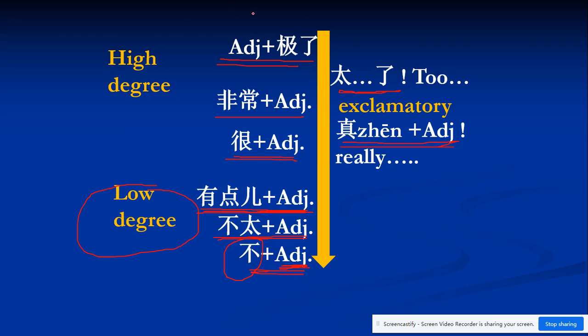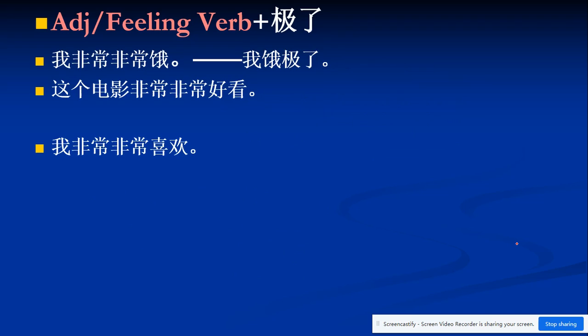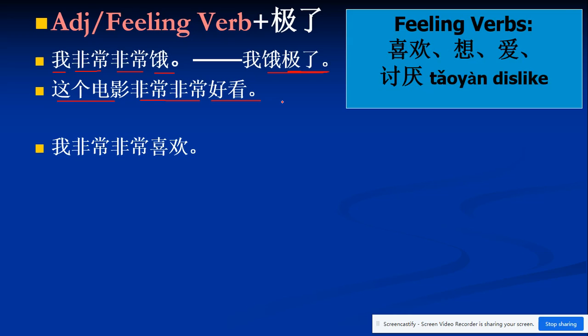So you could try to put them together and compare different levels. 极了 means extremely something. 我非常饿我要吃饭。我饿极了。这个电影非常好看。Can you use 极了? 对,这个电影好看极了。